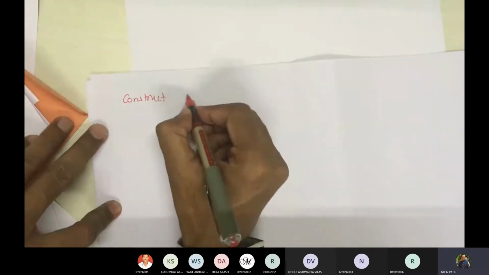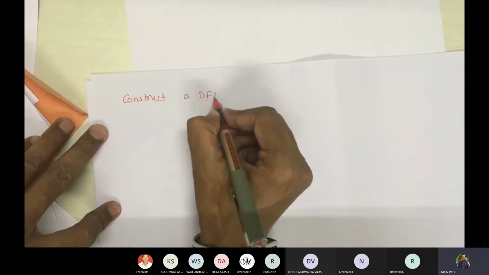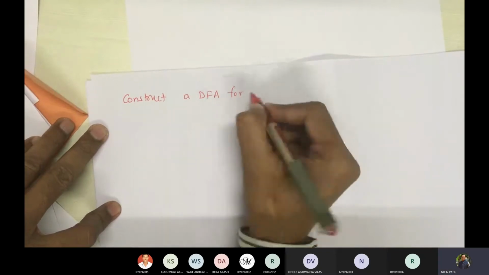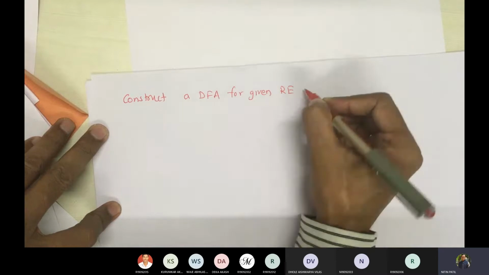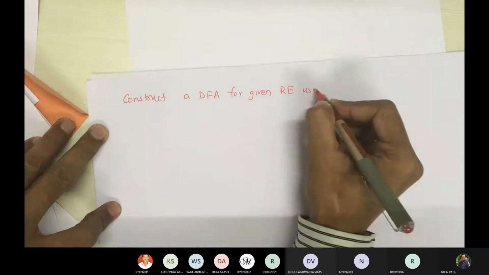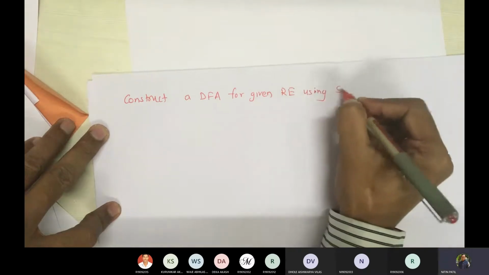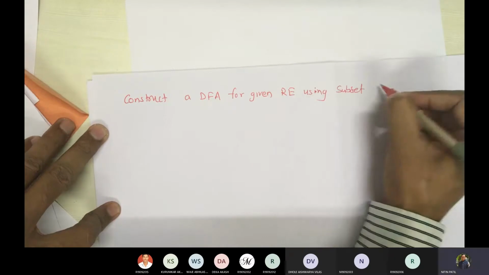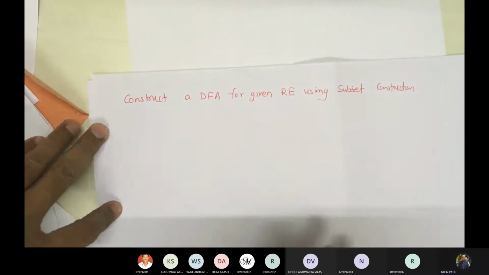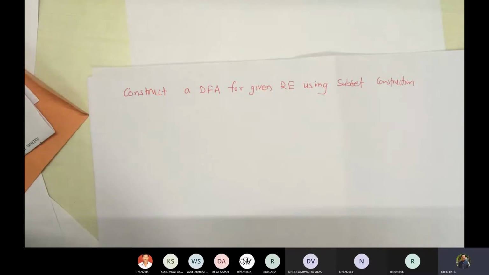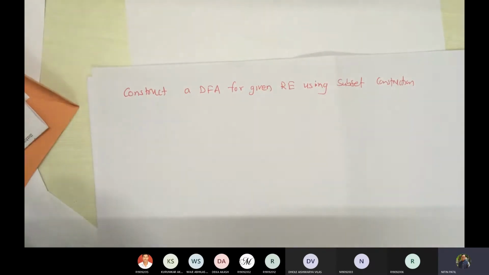Construct a DFA for the given regular expression using subset construction. Let us assume that the regular expression which we solved in the previous session, we will take the same one.